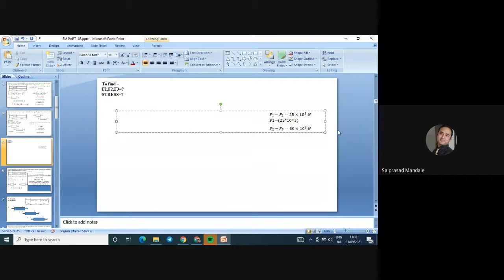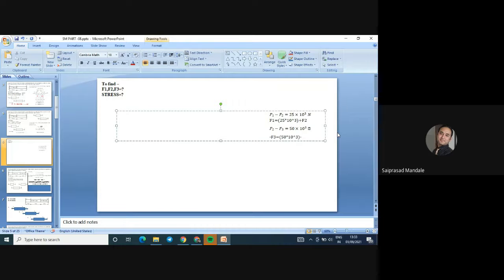Here F2 is negative, it becomes positive. Similarly, over here, I can write minus F3 is equal to